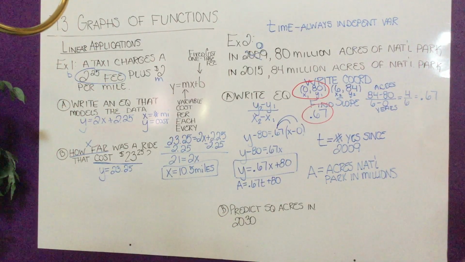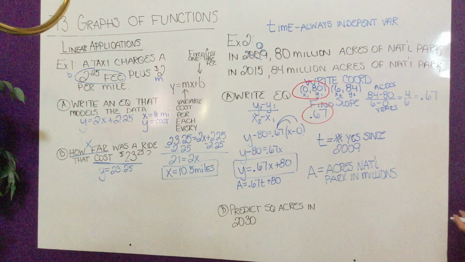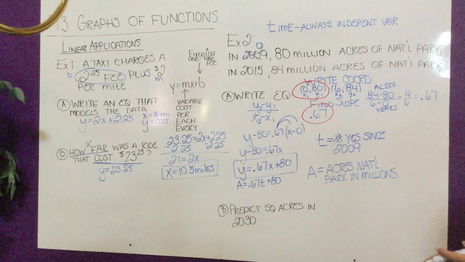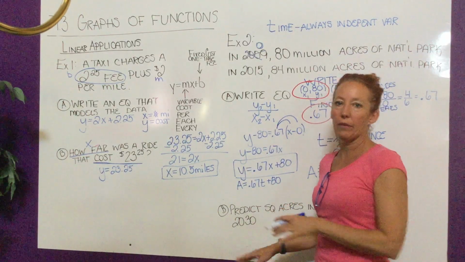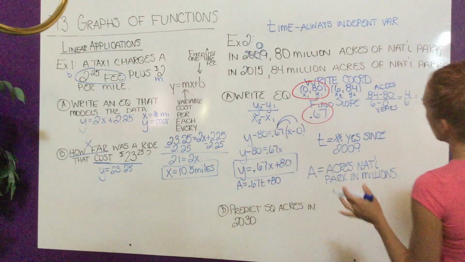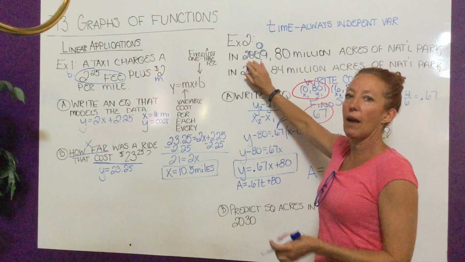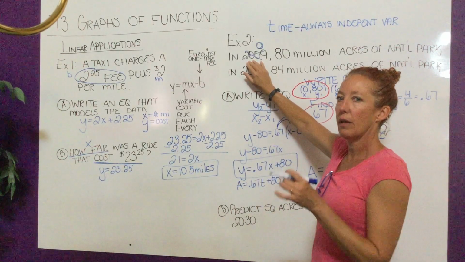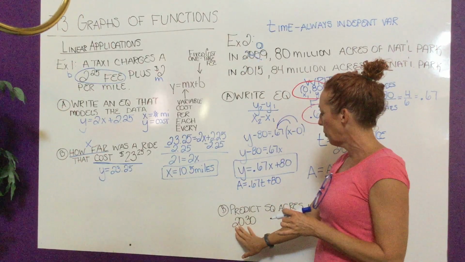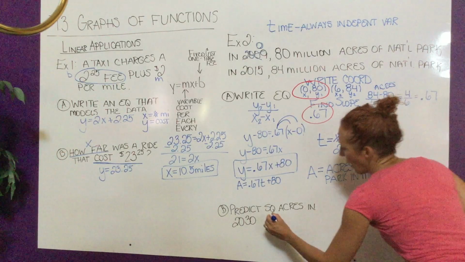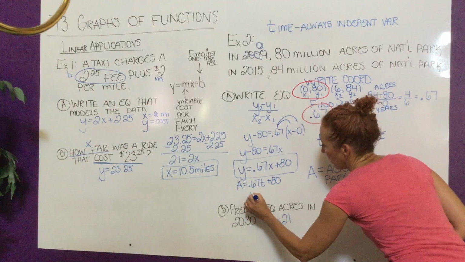Okay. The very last piece of our problem says predict the square acres in 2030. So now you have to, it's not hard to substitute, but you don't want to plug in 2030. That's going to give you a ginormous answer. You want to think how many years have passed since 2009, because that is your initial year, your year 0. So between 2009 and 2030, our time has been 21 years. And so we are going to plug in 21